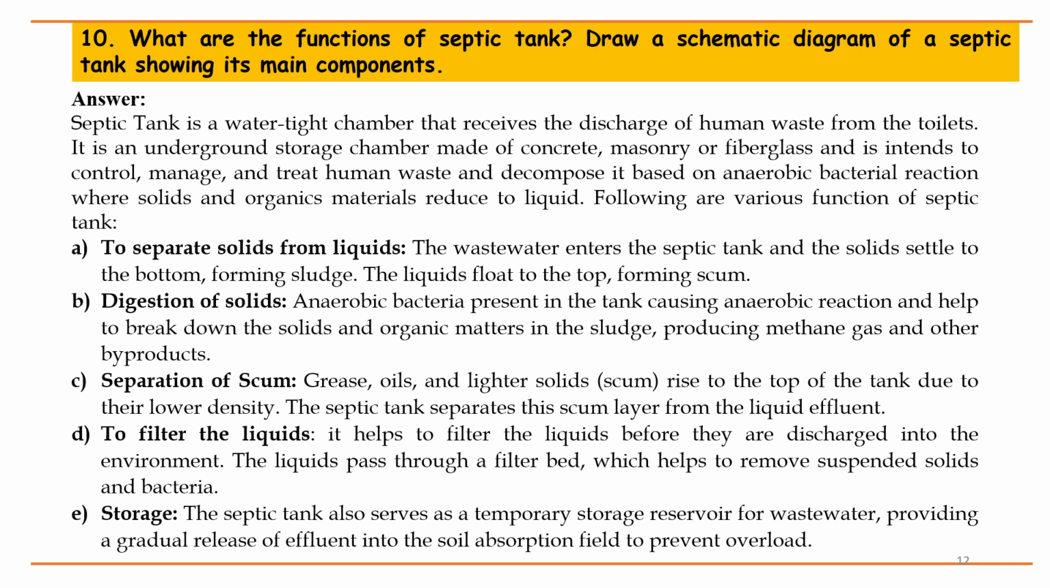Following are the various functions of a septic tank. To separate solids from liquids: the wastewater enters the septic tank and the solids settle to the bottom, forming sludge. The liquids float to the top, forming scum. Digestion of solids. Anaerobic bacteria present in the tank cause an anaerobic reaction and help to break down the solids and organic matter in the sludge, producing methane gas and other byproducts. Separation of scum, grease, oils, and lighter solids. Scum rises to